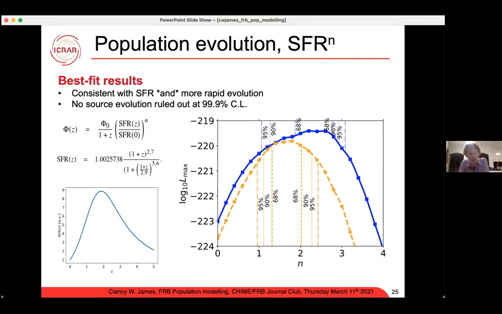Now we know that most bursts probably come from repeaters, and that is ruled out by cataclysmic models. But keep in mind that what I'm modeling is this population observed by Parkes and ASKAP, which has been postulated to perhaps be a separate once-off population. And that part seems to be consistent with something that goes with star formation, which is consistent with young magnetars. You expect this to pretty much follow star formation.